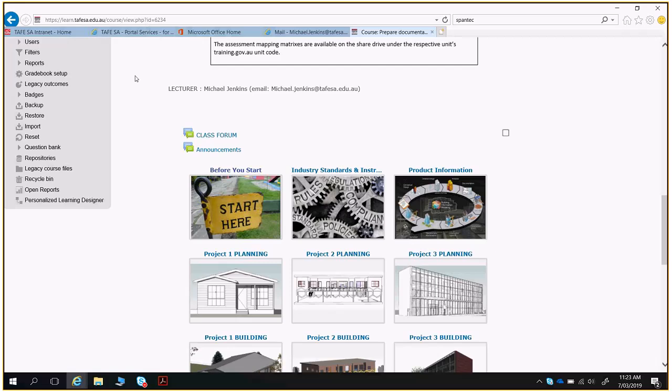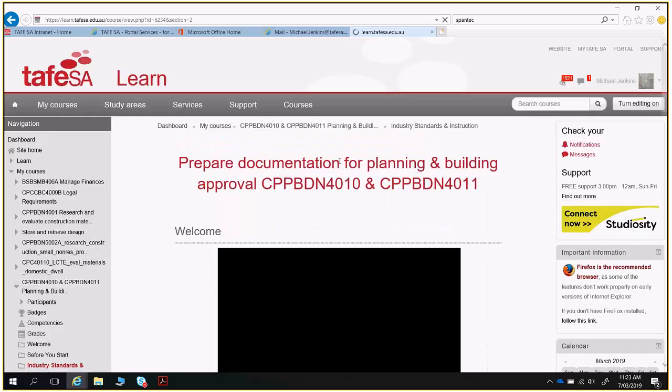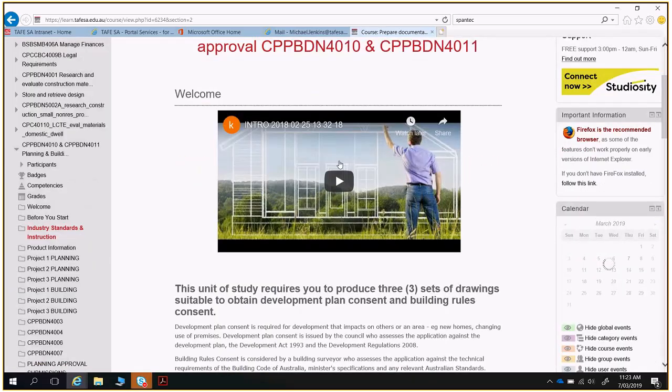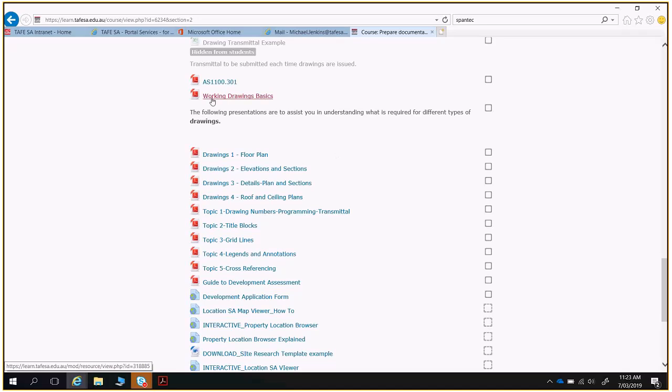And the slides that I worked off are included in here. So it's in industry and industry standards and instructions. If we head into there, scroll down, we'll see some working drawing basics. We'll see the Australian standard that relates to architectural drawings, so AS 1100.3, and then there are sets of slides that relate to specific drawings, so our floor plans, elevations, details of sections, roof, etc., and then several other aspects